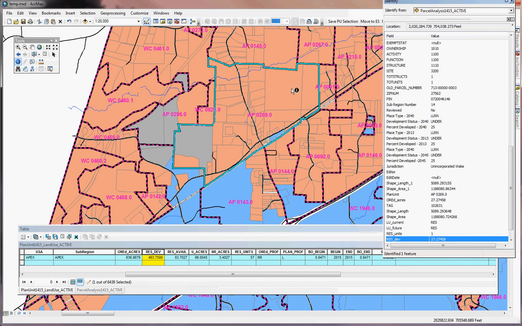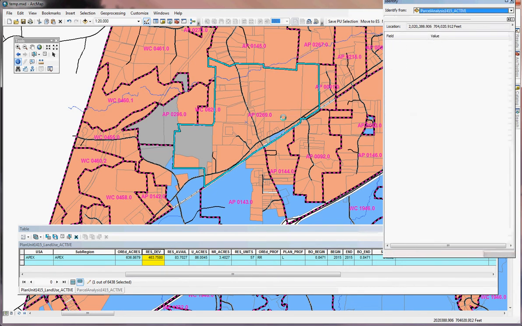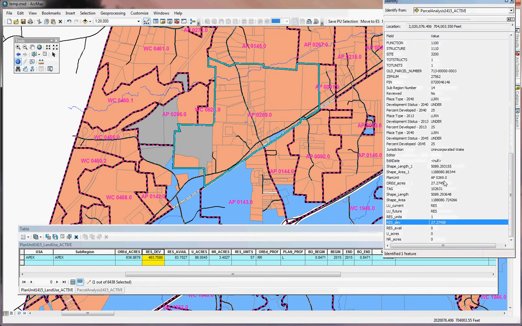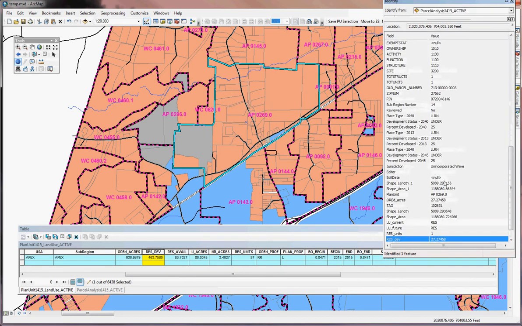So what we'll need to do, since that is currently coded as residential developed, we need to subtract off 177 acres from residential developed and add it to residential available, provided these are not already being double counted. We'll assume they're not. There's ways of calculating that too. But anyway, these are estimates, and